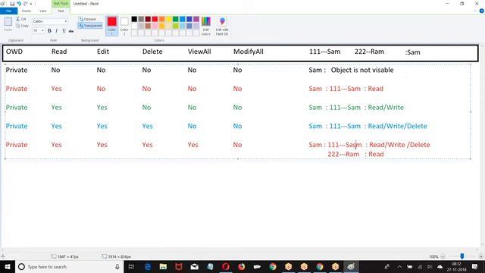So when I say view all, you will be able to perform read access on every record. You can see every record, we can perform read access on every record. So if I give modify all,